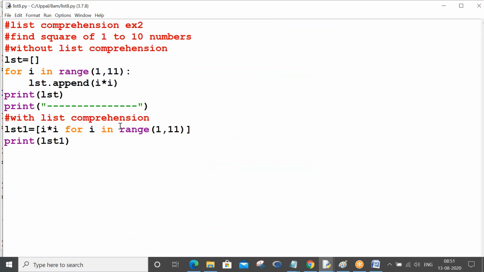So list comprehension means what? In the square braces only you will write the logic and bring it in the list. As simple as that. In the square braces only you will write your logic. It can be input, it can be for loop, it can be if, whatever it may be. So we will write one more program, the last program, using if. If you have taken this, I'll proceed for the last program for the day.